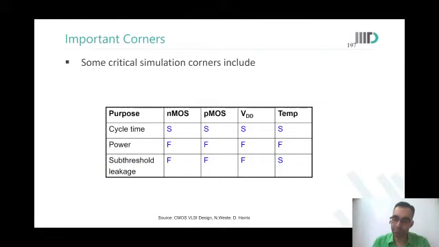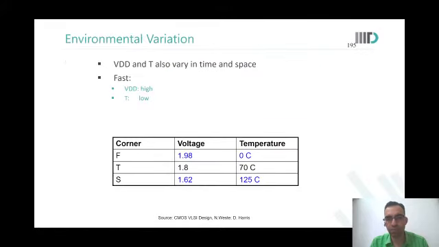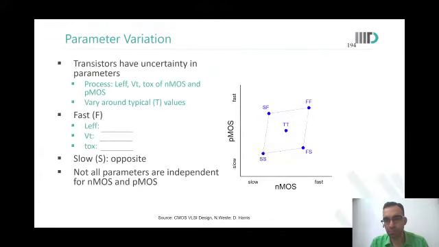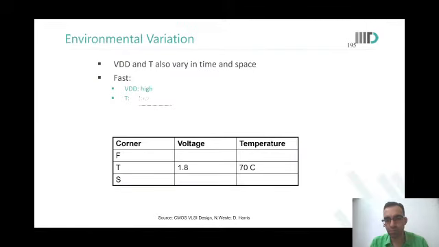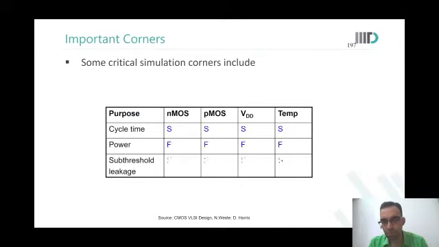So can you explain the slide again? Which slide? The slide important for us. This one? No, sir. I meant the one you were on last time, after that. Yes. When I asked the doubt, we were on the important corners, like for cycle time you're using slow. And this one. Can you just explain this again? I mean, how all these corners are suited for these types of purposes?